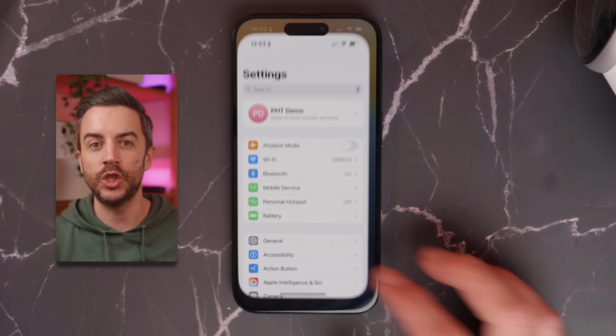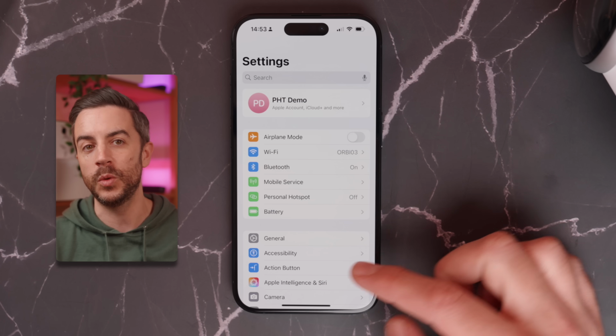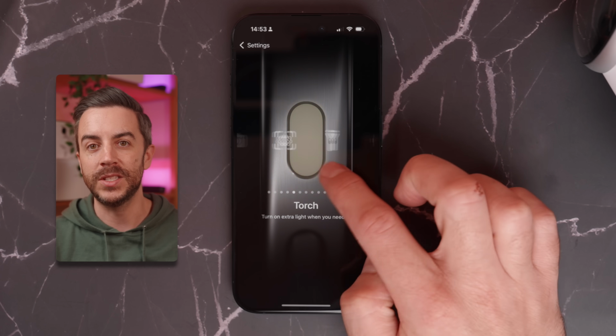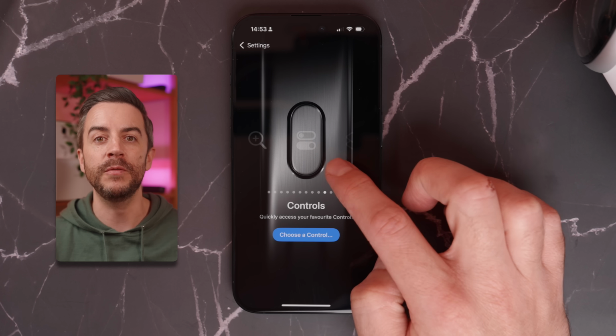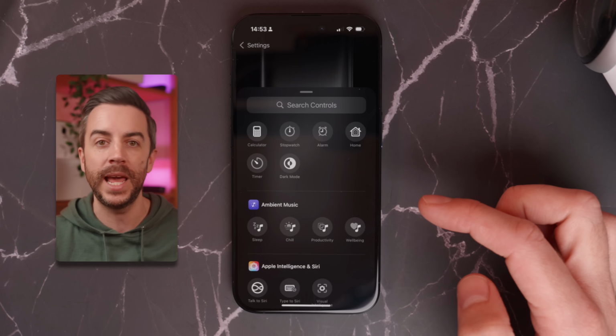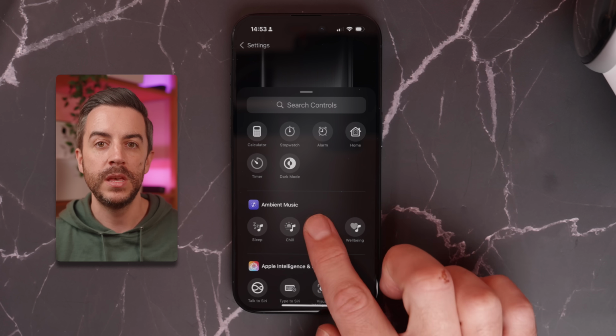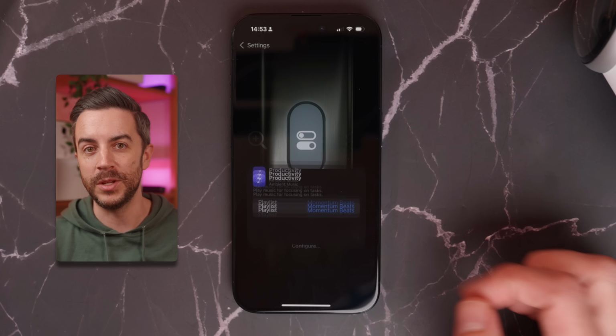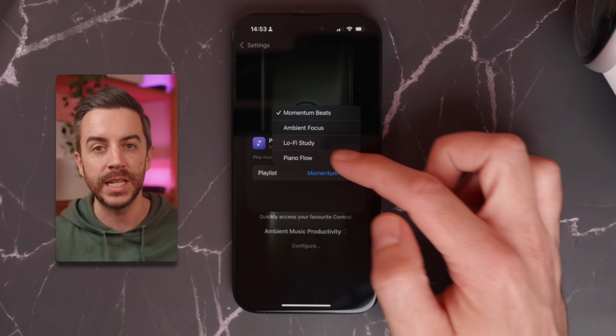Go to Settings, choose Action Button, swipe almost all the way across to the control option and select Ambient Music. Tap Configure and you'll be able to set the specific playlist that you want it to launch. It's a quick and easy way to fill the space around you with background audio, whether you're trying to sleep,